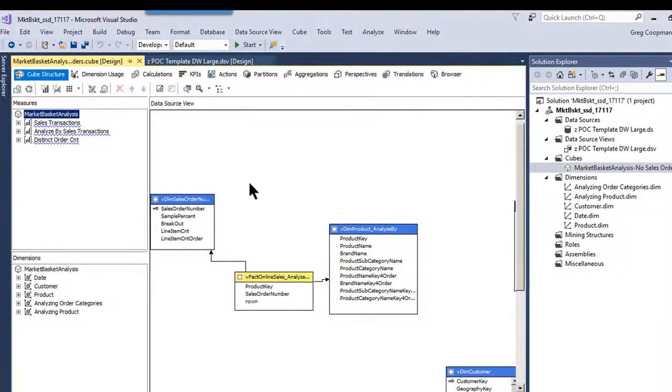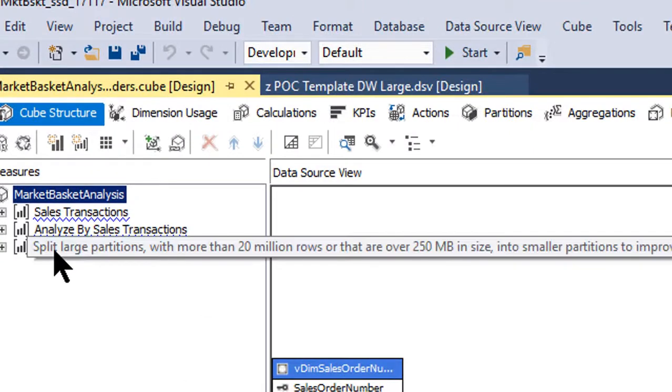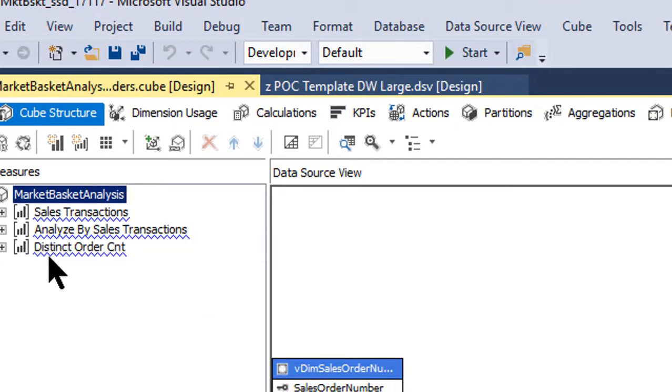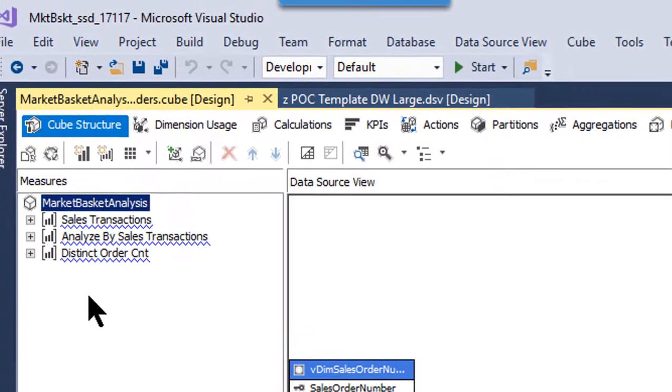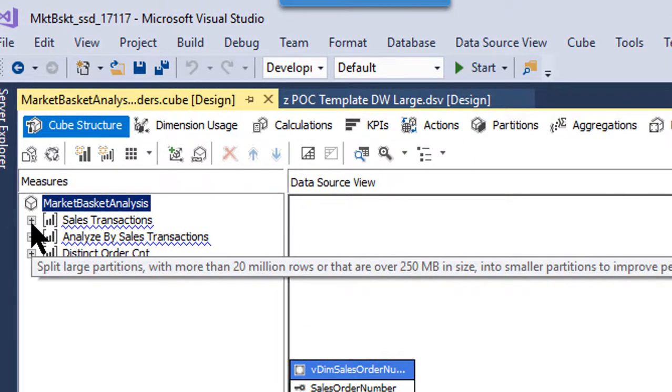As I said before, I don't have any partitions on any of this data, even though you usually put them on every 20 million rows. So you see some squiggly lines under here. These are just warnings, they're not errors or anything. So what I did is I created 3 different measure groups, okay? And the measure groups,